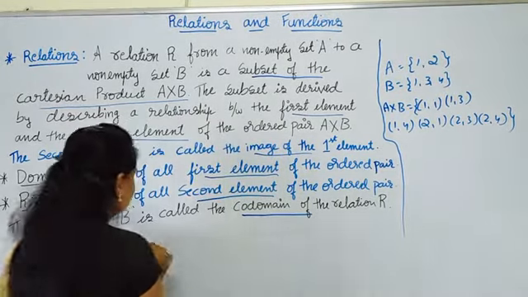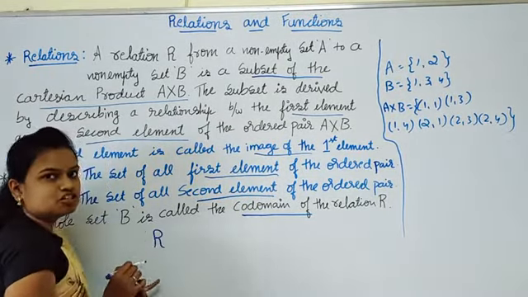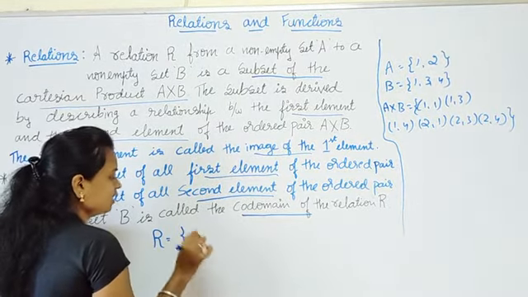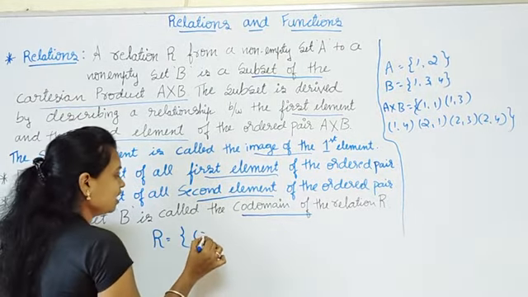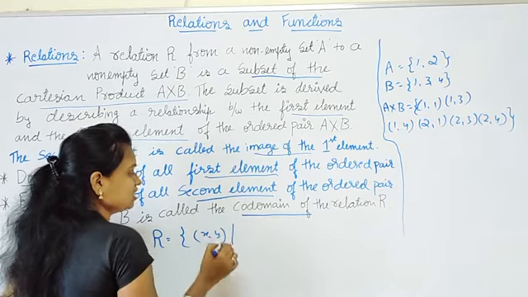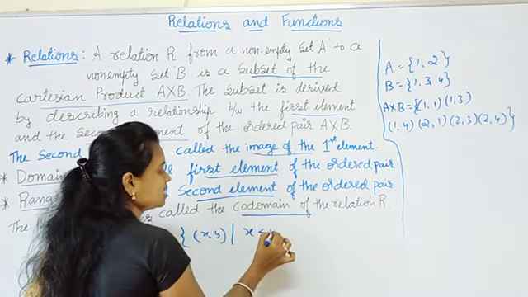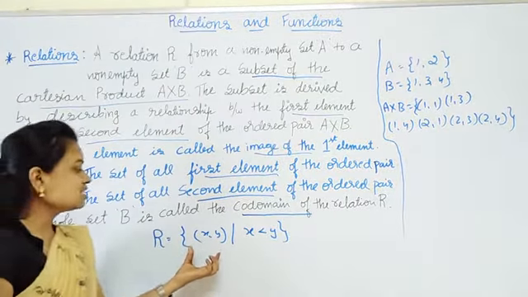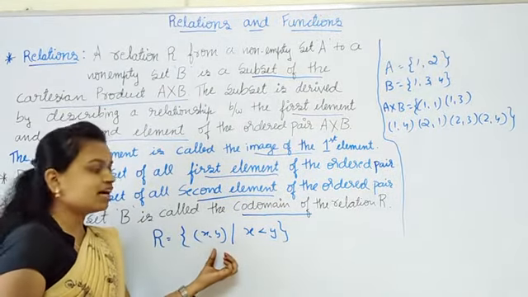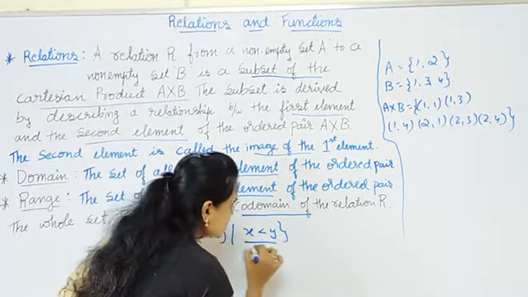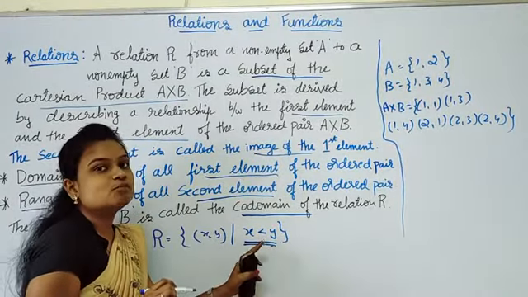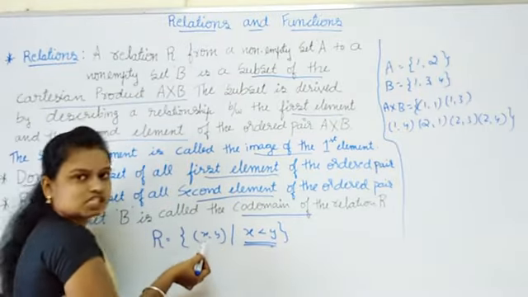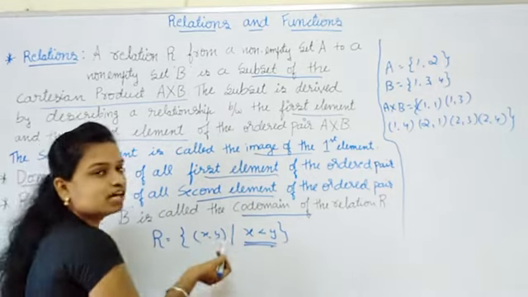But a relation means I define one relation R as the set of all ordered pairs (x, y) such that x is less than y. This is the definition: x must be less than y. Here x is the first element of the ordered pair and y is the second